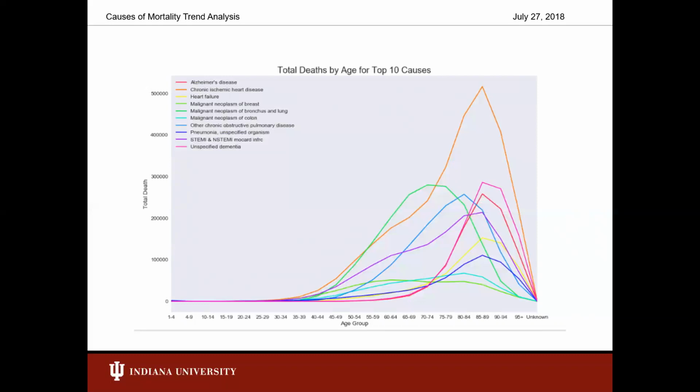Malignant neoplasm of bronchus and lung, in other words, lung cancer, is at an all-time high by the age of 70 to 74. And it's important to note that many of these causes remain dormant until we start to see an upward trend between 30 to 44 before heart disease and lung cancer can take the lead. And that's pretty consistent with when people typically start to go for regular checkups. And this chart seems to prove that. So this overall converges to 0 after 95 years of age because people typically don't live that long beyond that. So everybody dies, goes to 0.